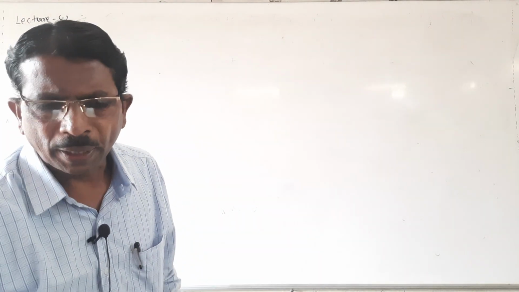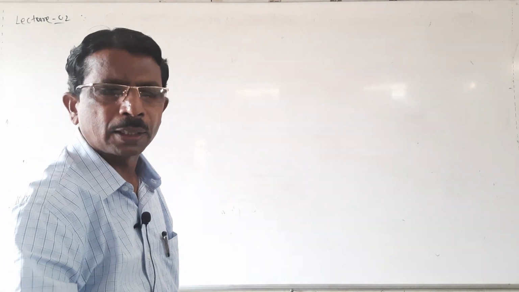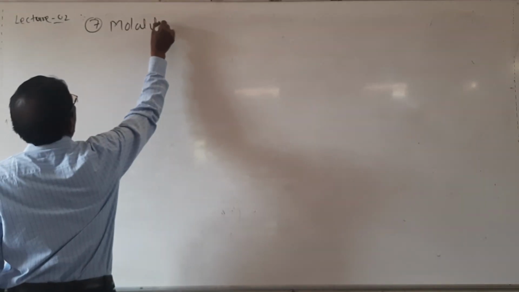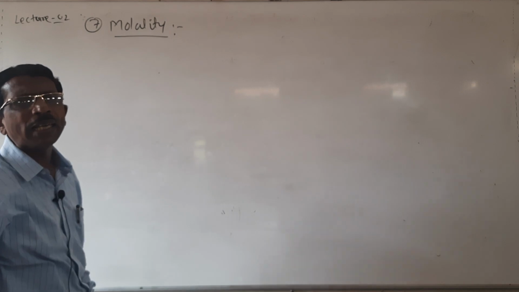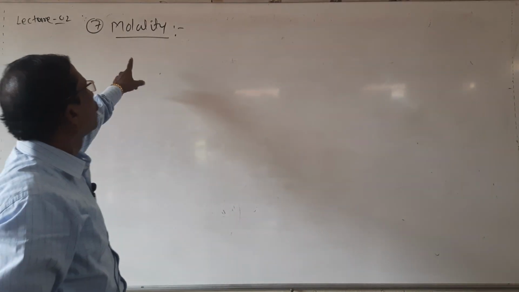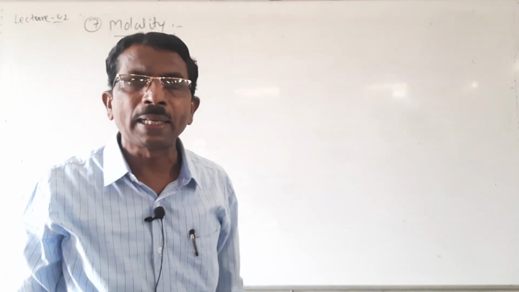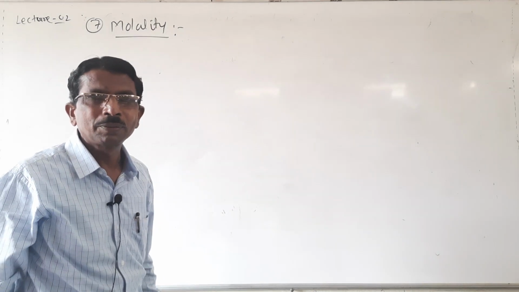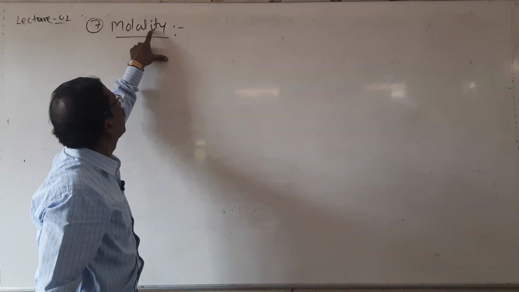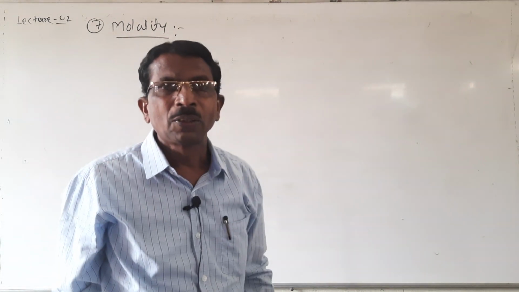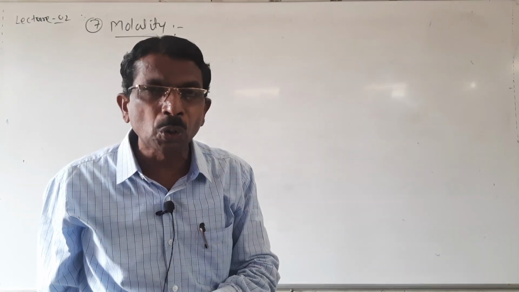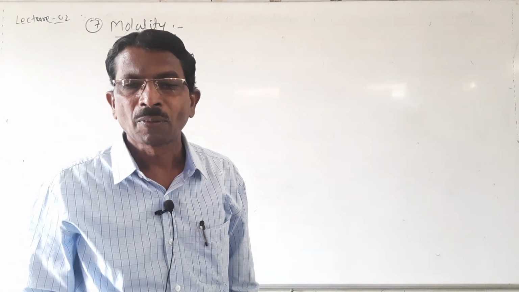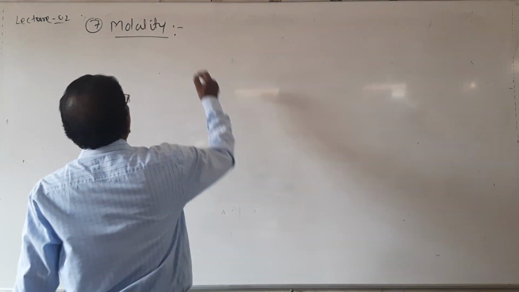Then students, what is another fact, the last one, that is called molality. So don't think about what the difference is between molarity and molality. Don't say that it is a spelling mistake. Molality has a different definition. So what is molality? Molality means the number of moles of solute present or dissolved in 1 kg of solvent, not solution, 1 kg of the solvent.